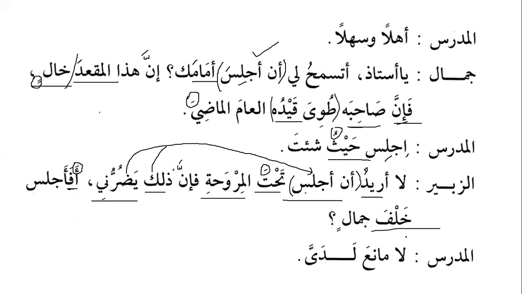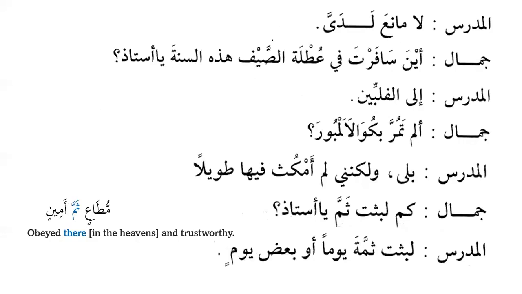So we know that khalfa is also dharf, and it is used as special mudaf. That's why Jamalin is mudaf ilayh. So do I sit behind Jamal? Al-mudarrisu la mani' ladayya. La mani'. What kind of la is this? La an-nafiya lil jinsi. The la of absolute negation. La ilaha illallah. ذلك الكتاب لا ريب فيه. So al-mudarrisu, as we can see here, again la mani ladayya, so it has been doubled. I don't mind. جمالا أين سافرت في عطلة الصيف هذه السنة يا أستاذ؟